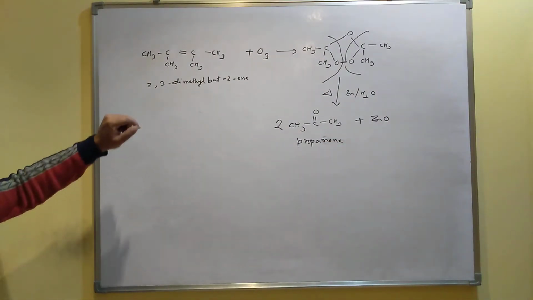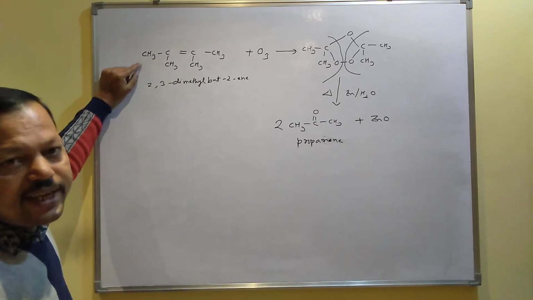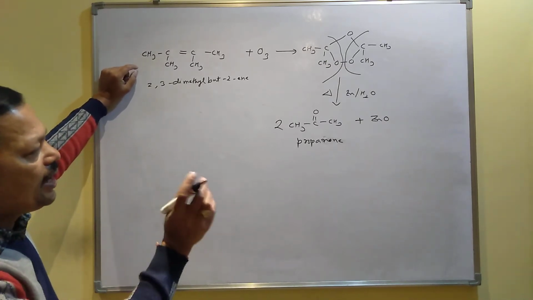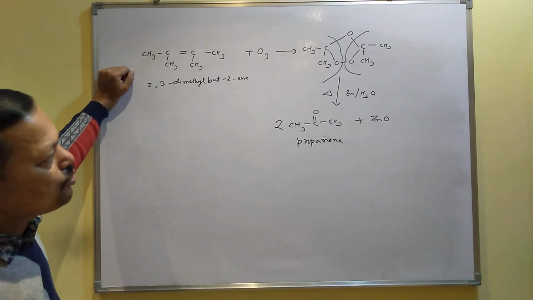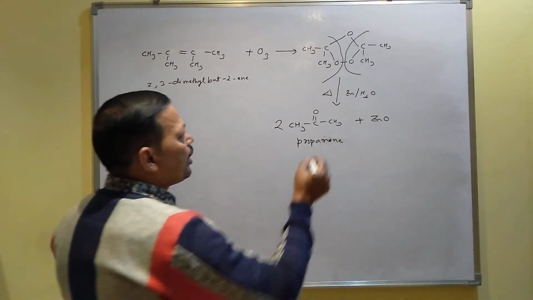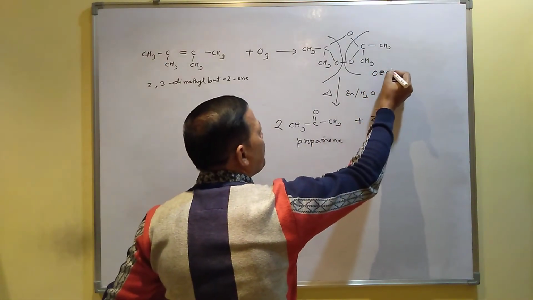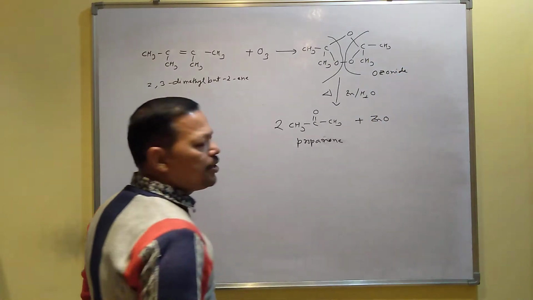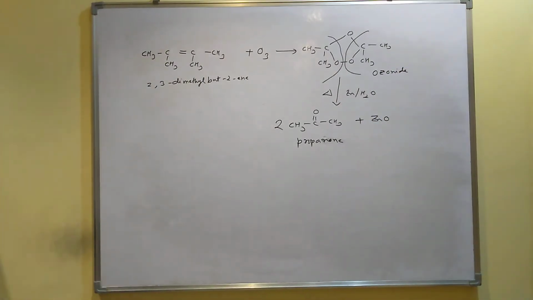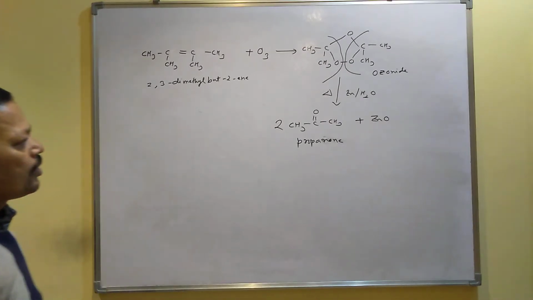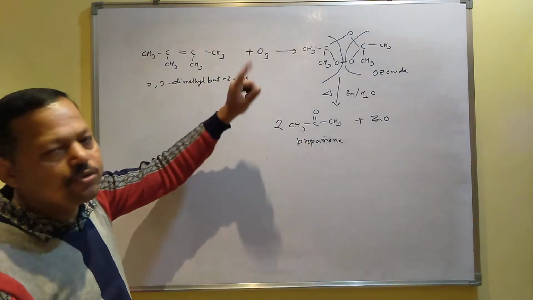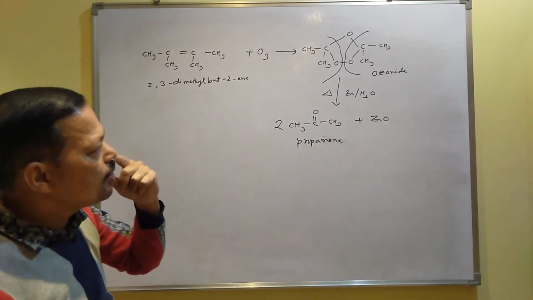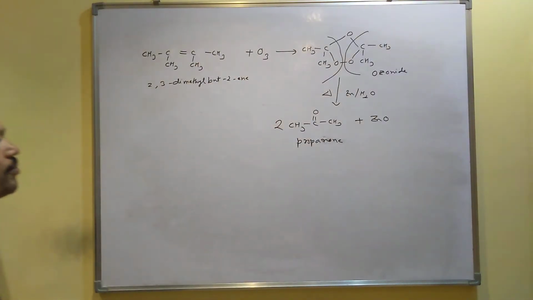So when you apply ozone with your alkene, then you may get some aldehyde or you may get some ketone as the product. First it will produce one cyclic compound which is called ozonide, and when you heat the ozonide in presence of zinc and water, the cyclic compound will break and form some aldehydes and ketones. And this is one example of an oxidation reaction, because you know addition of oxygen is called oxidation.